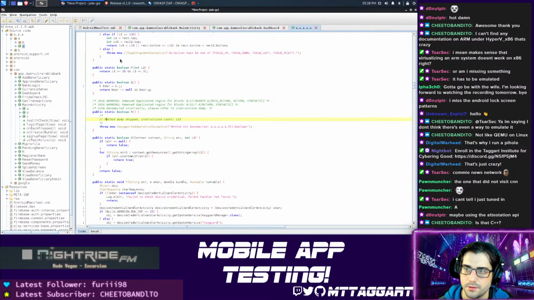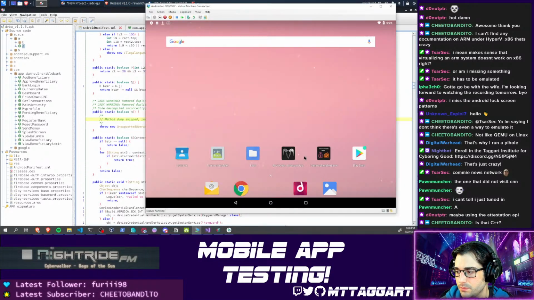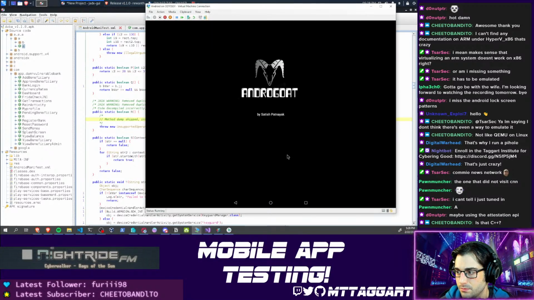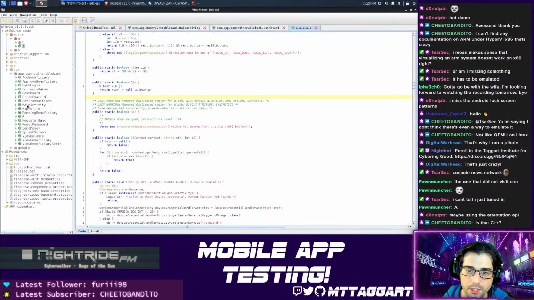Well, that sucks. Not exactly what I wanted to see for our first app. Out of curiosity, does the same thing happen with AndroGoat? Nope. That one works fine. So we might focus on AndroGoat, since that seems like a little bit more fun to play with. Although while we're here in JADX, let's see what we can see just from a static analysis of the code